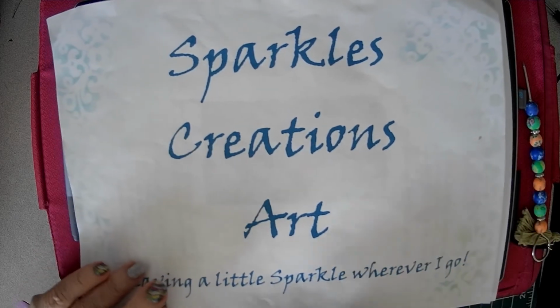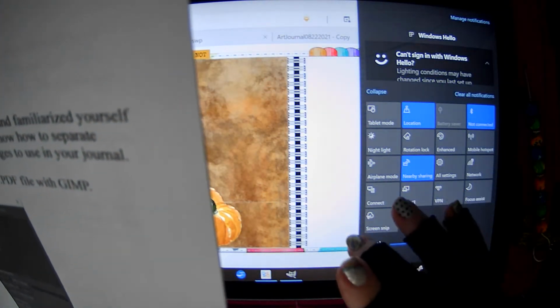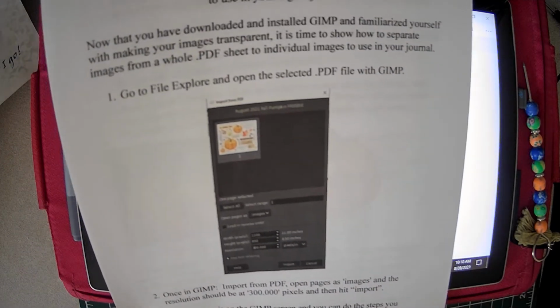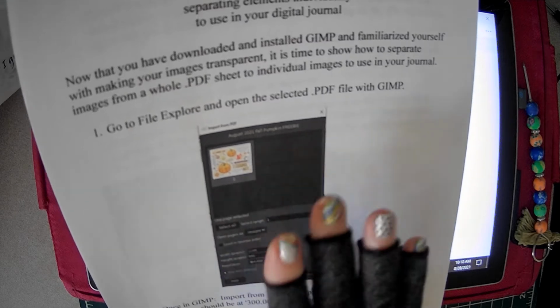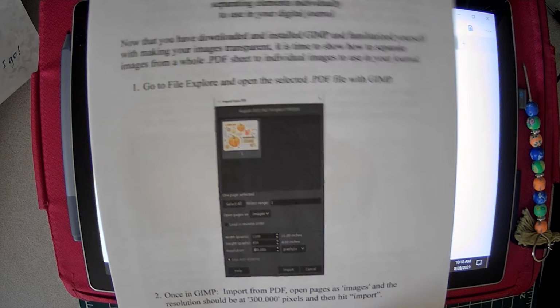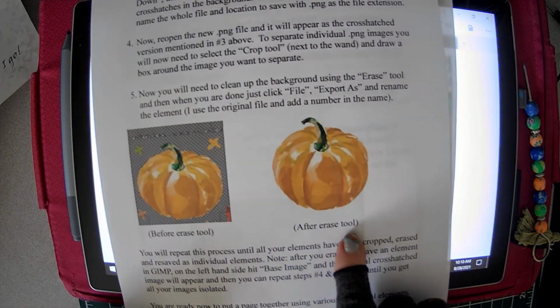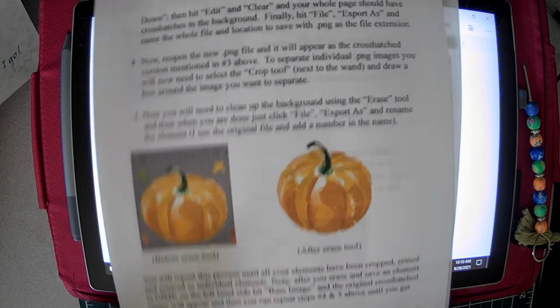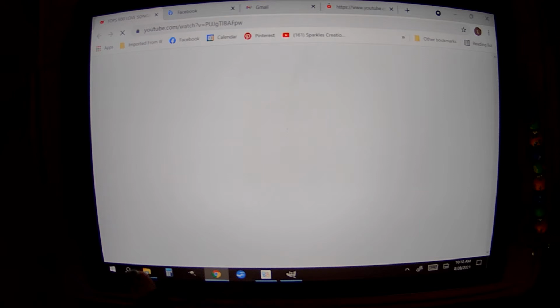We're going to continue on our session of GIMP 102. And today I'll show you how to open a PDF file in GIMP, and then we're going to convert it and separate out elements that you can use in your journal, and then we'll do a page. Okay? So, first you're going to go